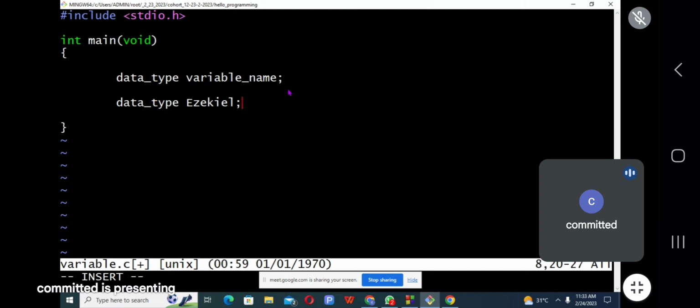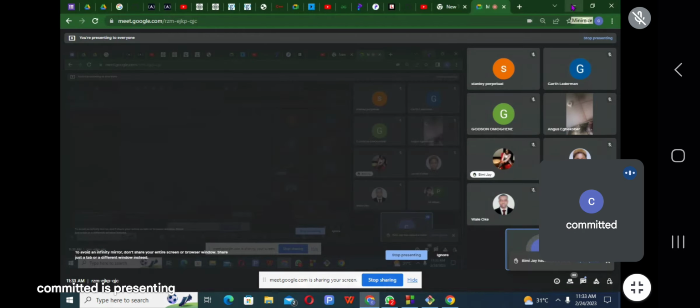And you terminate it. You can decide that the variable name you want to use is A. And you terminate it. That is how to declare a variable. But we are not yet done because we are yet to state our data type.